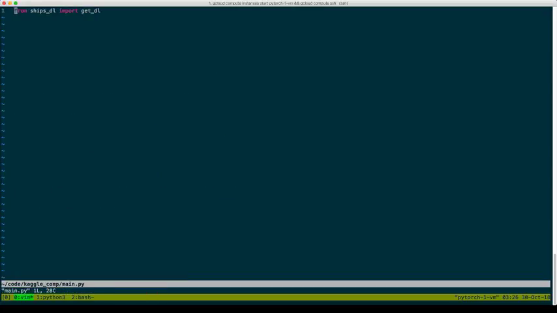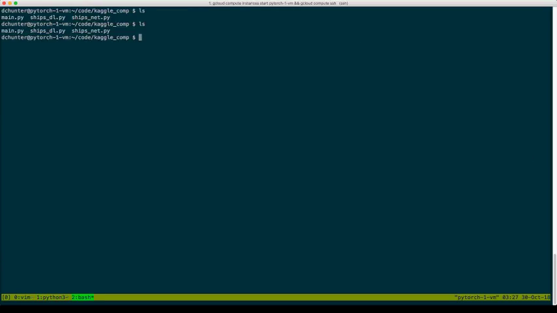Alright, so let's go to the main file, that's what I'm calling it today. From ships import get_dl, and then we'll say dl equals get_dl, and what does it expect? Training equals, so we'll say this is the train data loader, get_dl True, and let's start with 8 as a batch size, see how that goes for me. And then we'll just say for data in train_dl, import pdb; pdb.set_trace(), right? So let's just check out what this is even going to do, because I'm sure I've got all sorts of problems. So python main.py,